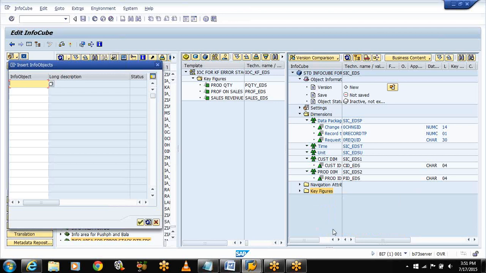Now whatever key figures I want, I can simply type here: enter, sales_EDS, enter, and profit_EDS, enter. Now select continue.